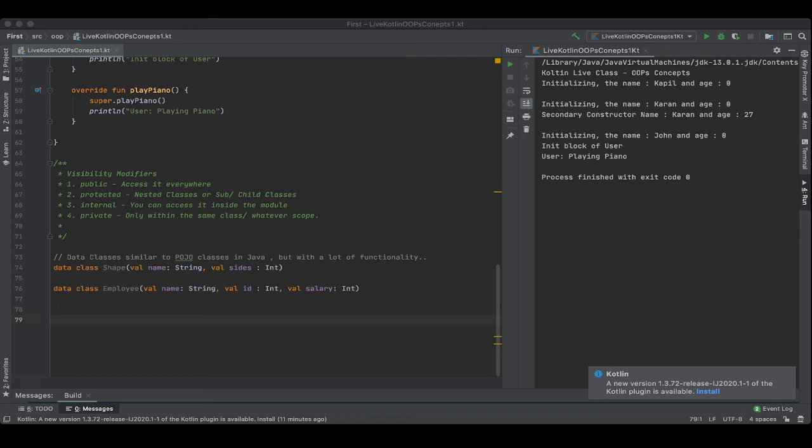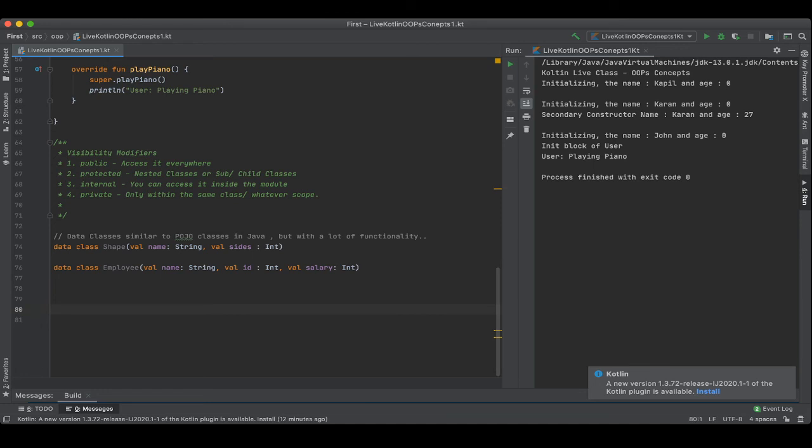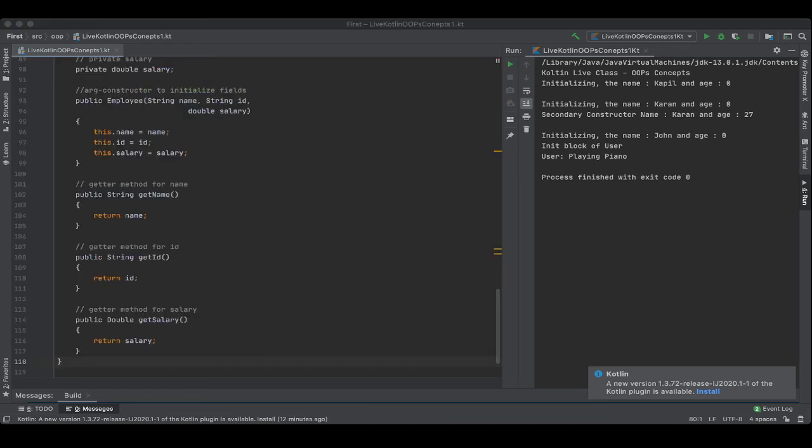So this is an example I'm just copying from some website which has created a Pojo class in Java. Let me just copy it. All right, cool. So I've copied it and I'm gonna paste it here. You can see that I've pasted it here and it's quite a big file, which